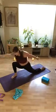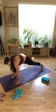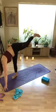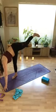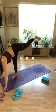Exhale, spiral the hands down, frame the front foot, curl the back toe, lift the back knee, and send that right leg up into your standing split, your Hanumanasana. So now that left leg is your stable leg. Good. Again, if you do need blocks, go ahead and grab some blocks here so that will help stabilize and